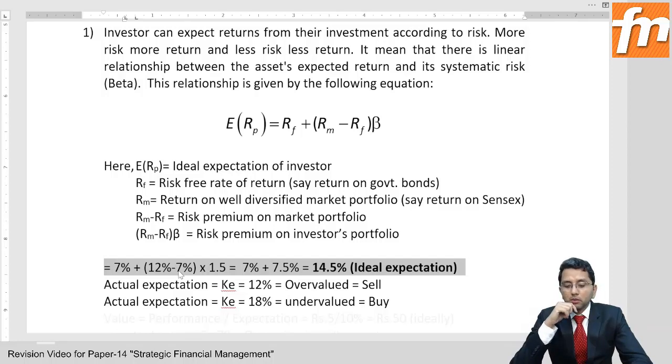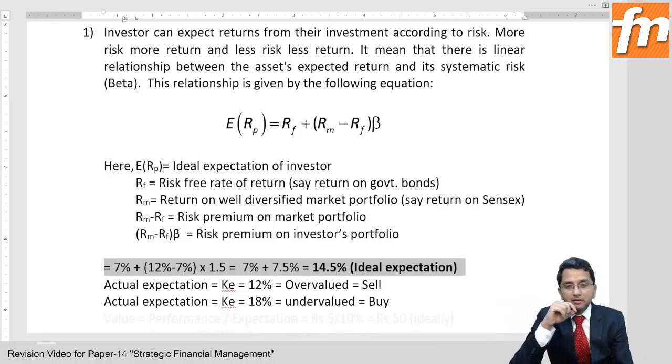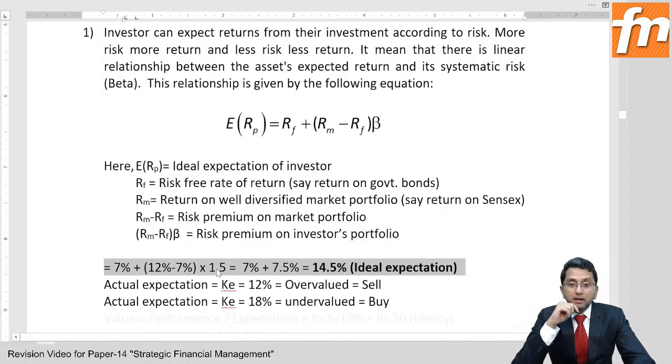And the answer is quite obvious. In FD, there is no risk, but in Sensex, a lot of risk is there. So this extra 5% is named as risk premium on market portfolio. Mind it, my dear students. RM is market return and RM minus RF is risk premium on market portfolio,